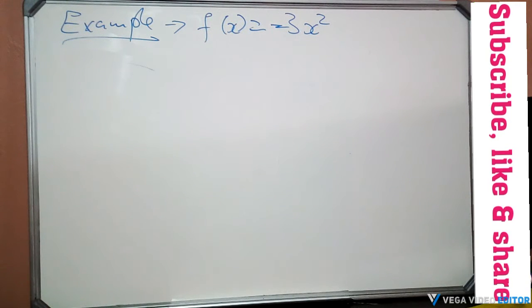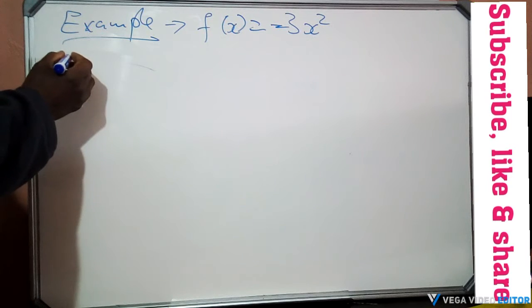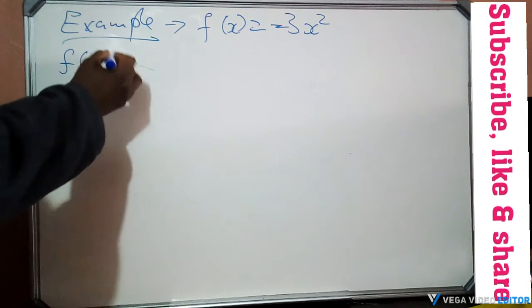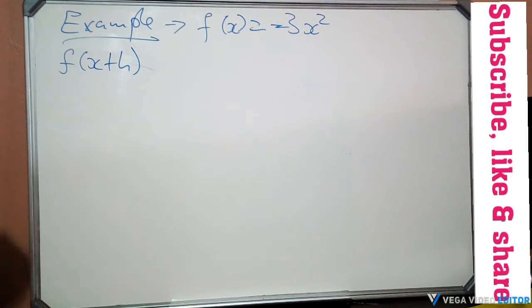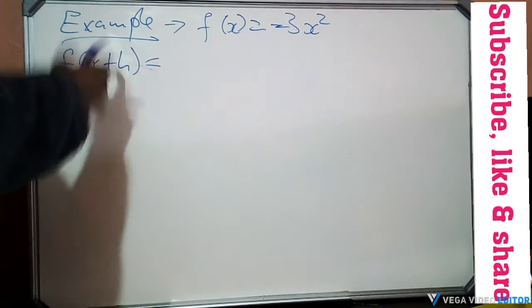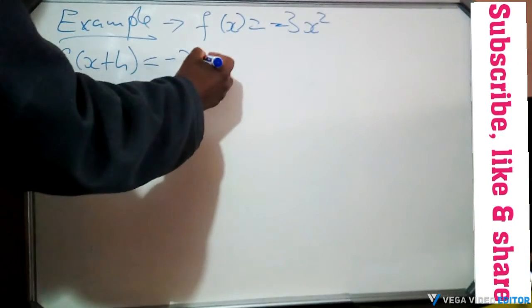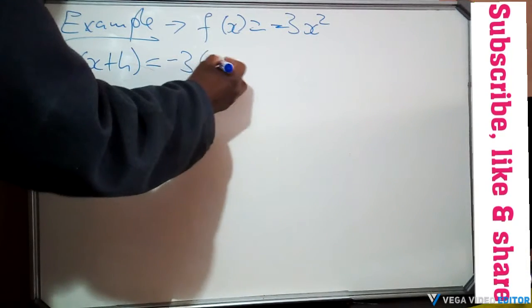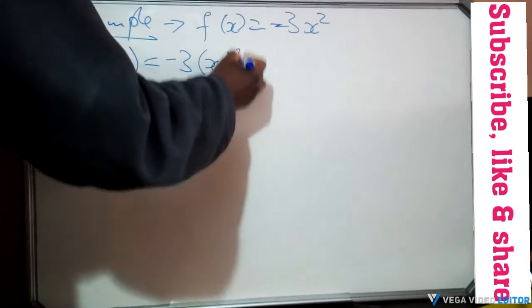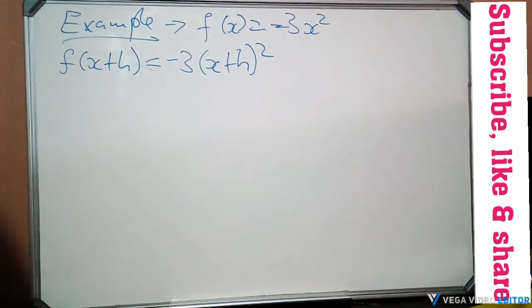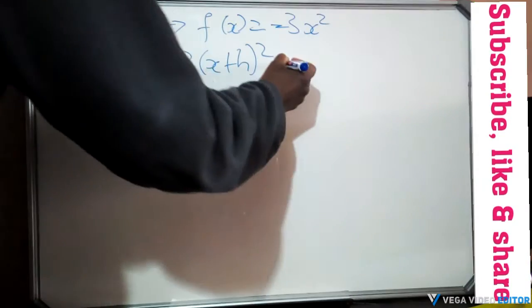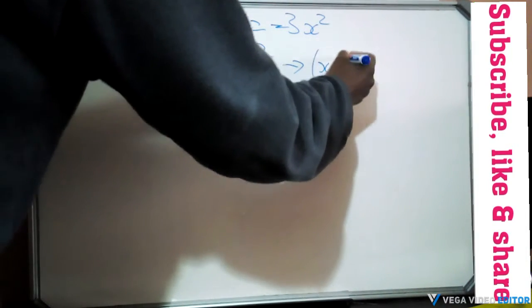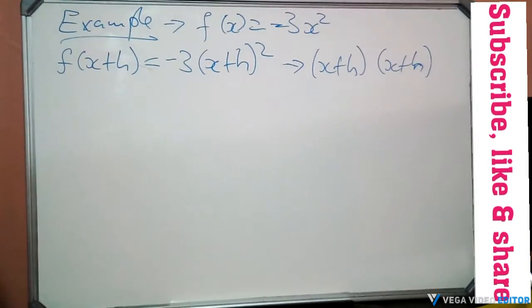So where we need to start then is to find f(x plus h). This is where we start. All right? What it means is wherever there is x, we'll put x plus h. So we've got minus 3 and then open bracket x plus h squared. All right? Now we know that this one here is the same as saying x plus h times x plus h. Okay, so which gives us